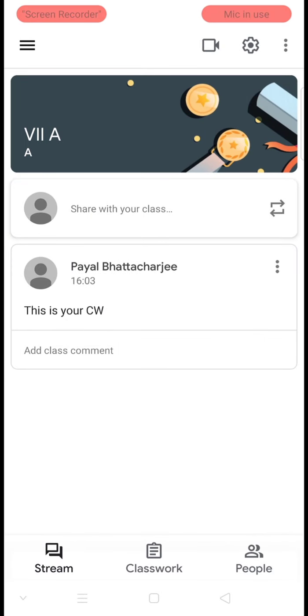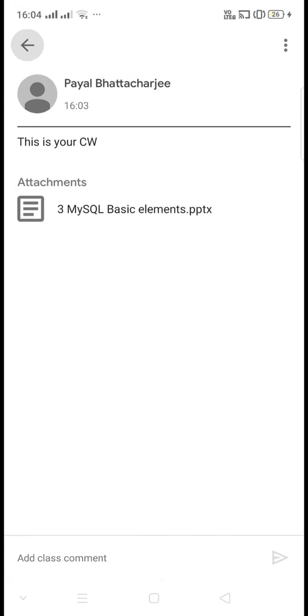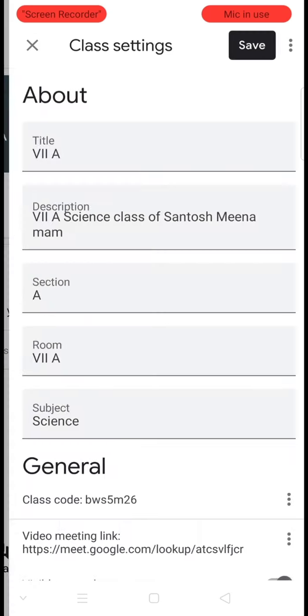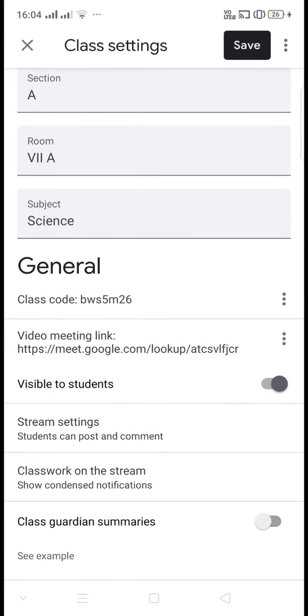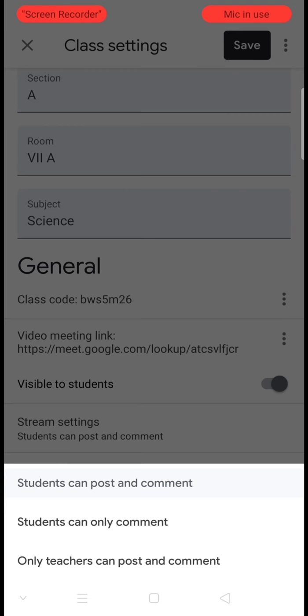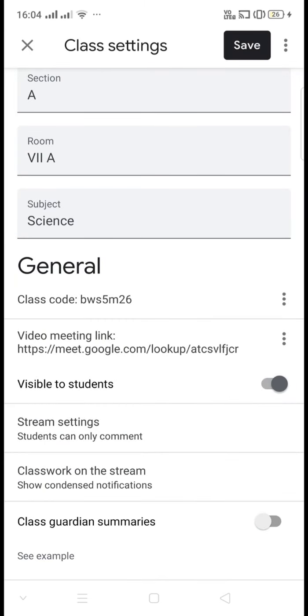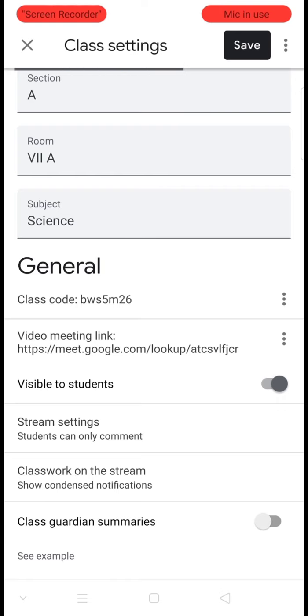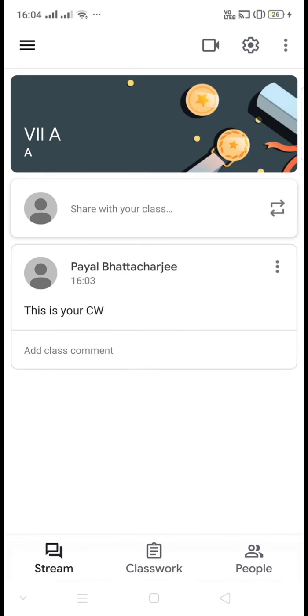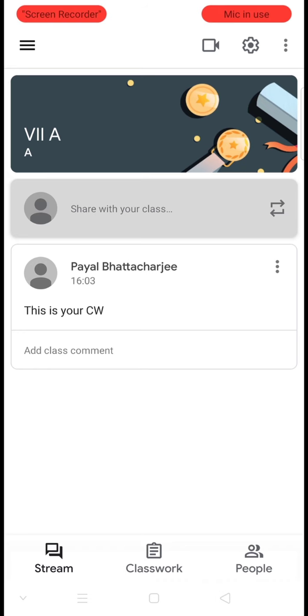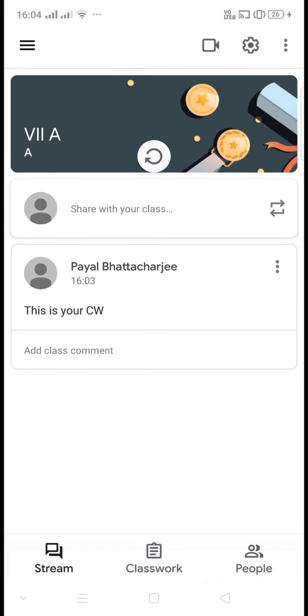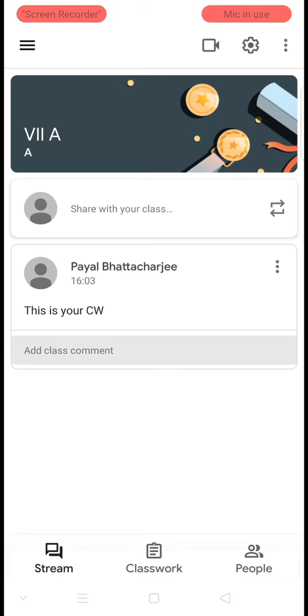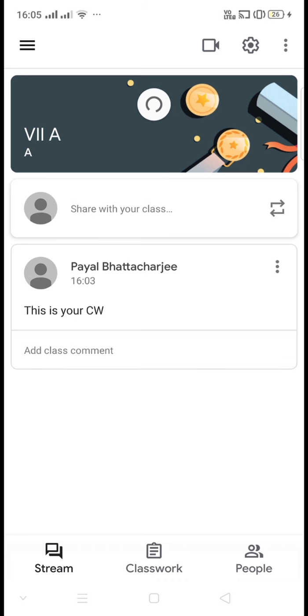Now add class comment, which I was talking about earlier when we were in the settings. If you write that students can only comment, students will be able to only write on whatever you have said. They will not be able to see this portion, share with your class. They will be able to only comment on any of your posts. This is your post, where I have attached this file and written this is your classwork. In the add class comment, they will be able to comment, but they will not be able to write anything over here,